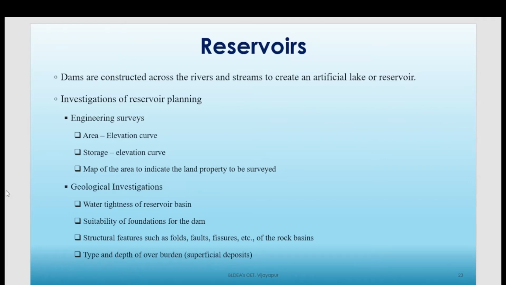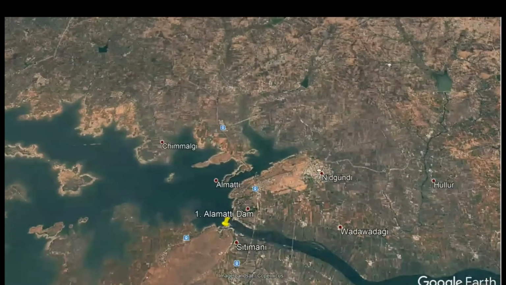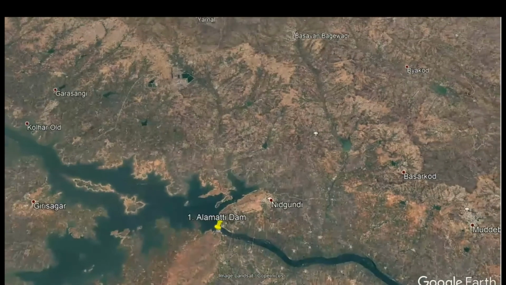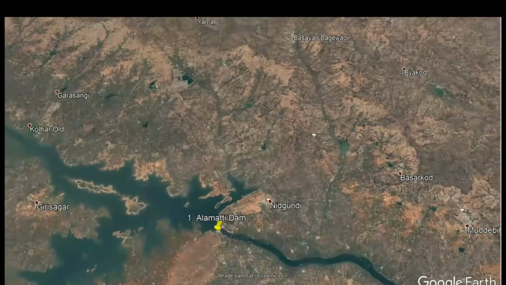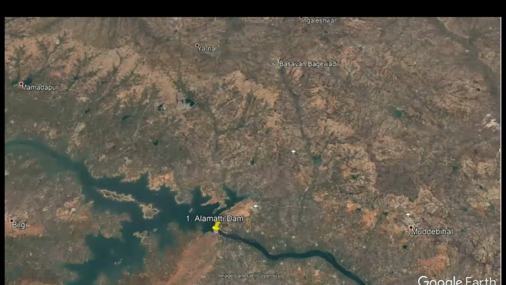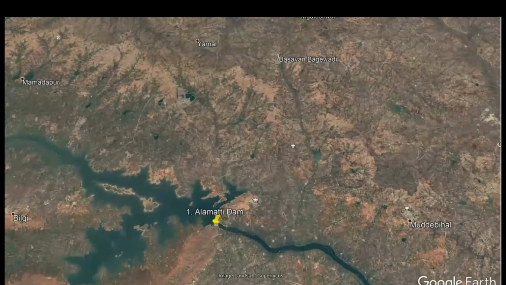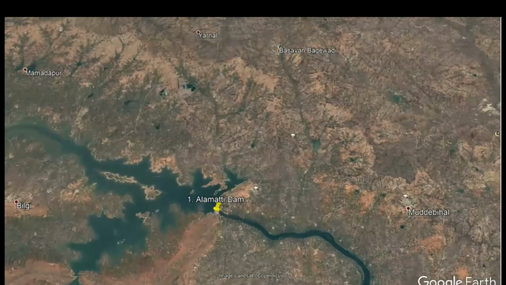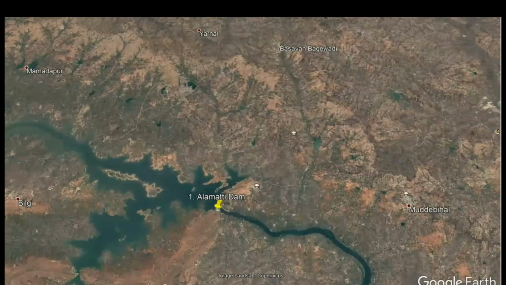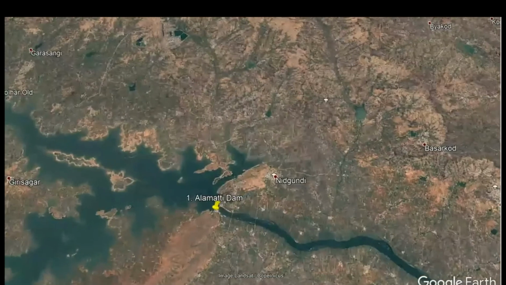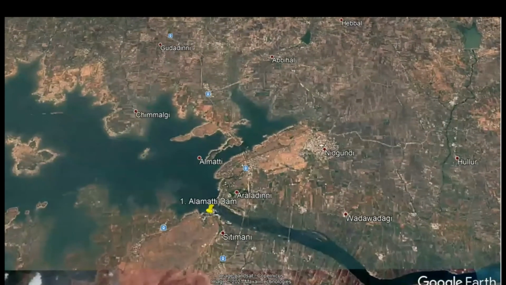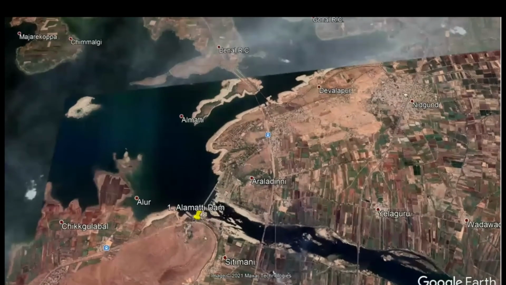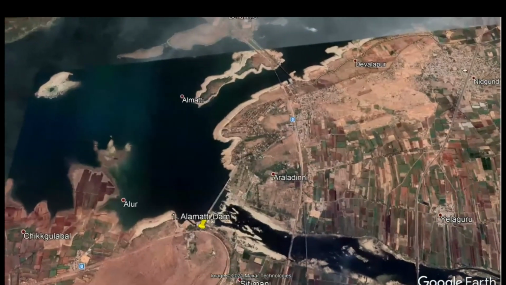Okay, so let us take a look at that figure, the aerial view of the Almatti Dam, so that we can understand. Now you can see the view of Almatti Dam from the top, right? So this is your Almatti Dam. As you can see, this is the upstream side where we have stored the water. This is the area where the water has been stored, and as we zoom in and go near, we'll find that there is a structure constructed across the flow of water, and this structure is obstructing the water which is flowing to the downstream side, or towards gravity. Because of this obstruction, as you can see, the water has been stored.